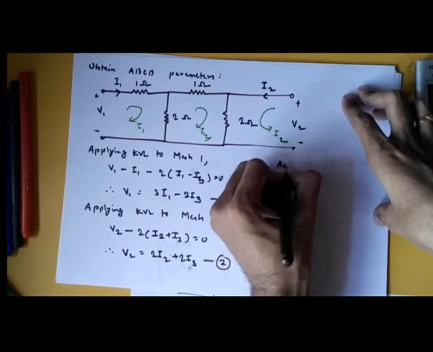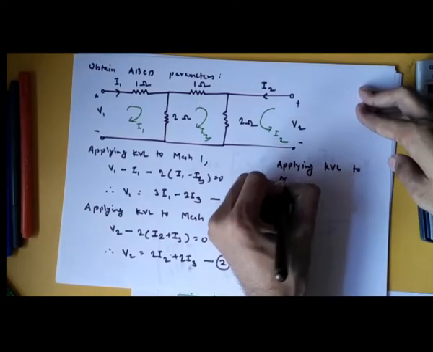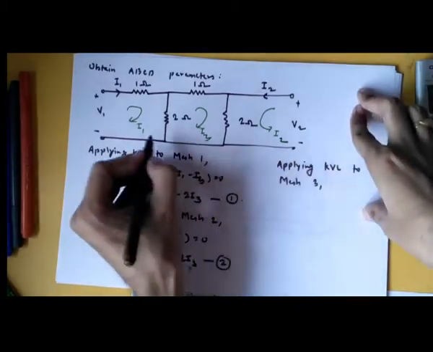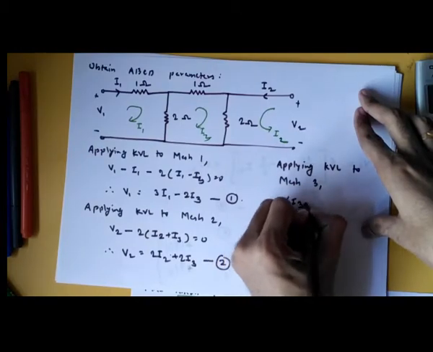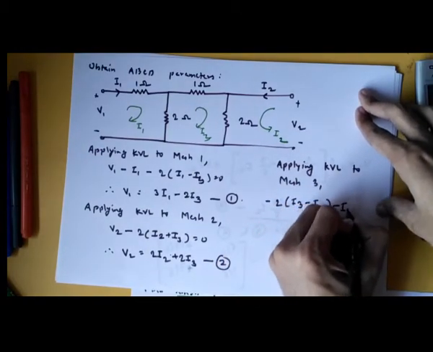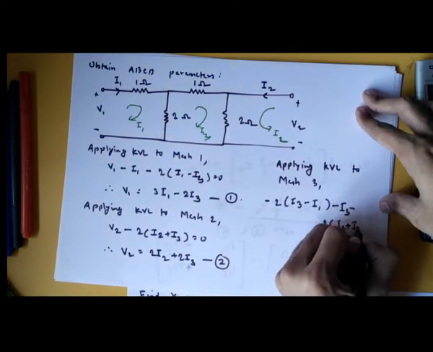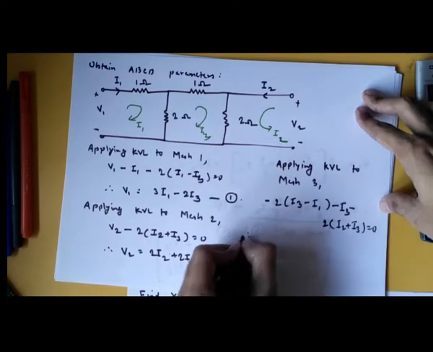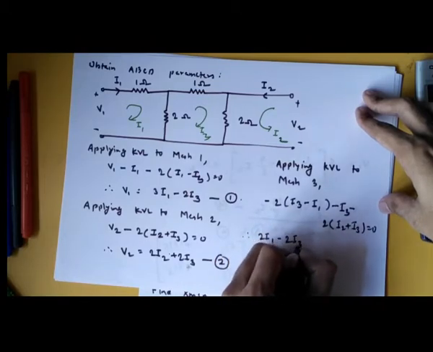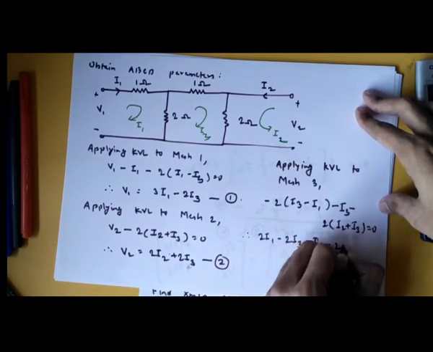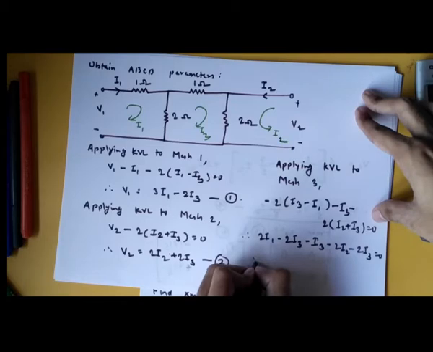Then only one loop, or mesh, is remaining. So applying KVL to mesh 3. So let's say I start from here. So minus 2 times, this is upwards, this is downwards, so I3 minus I1, minus I3, minus, both are downwards, 2 times I2 plus I3 equal to 0. So therefore this will be 2I1 minus 2I3 minus I3 minus 2I2 minus 2I3 equal to 0. So therefore,